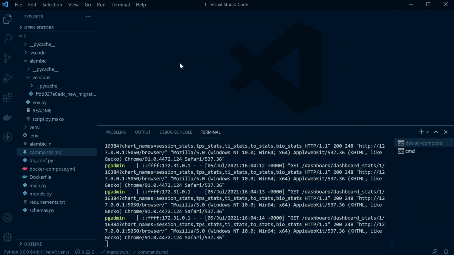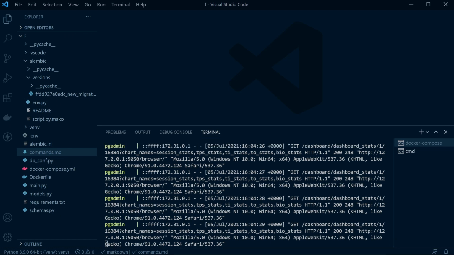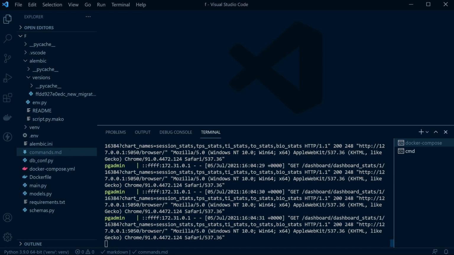So just before we move on to the next step, I just want to point out that I do have Docker running. So for the next set of actions that we perform, I'm assuming all the Docker services are running. Whenever we update these files here, we'll update the app container too. So if you haven't got all your services running, go ahead and run docker compose up,